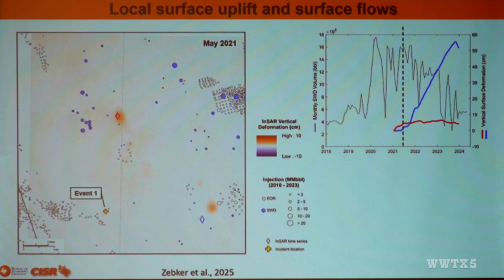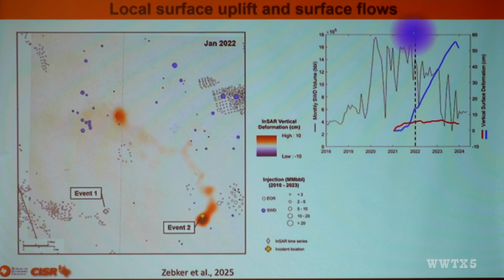So there were 4 leaking problems in the footprint of that map. Here is one. It's not clear what had happened, but it did. And then, as the pressure is increasing, as shown by that line here, the uplift increasing here was probably a sign that event 2 was about to happen. You were able to see it ahead of time, because the land was being lifted just at that location